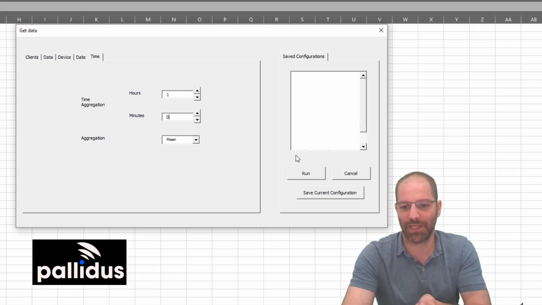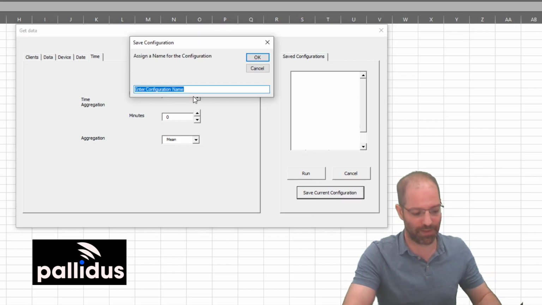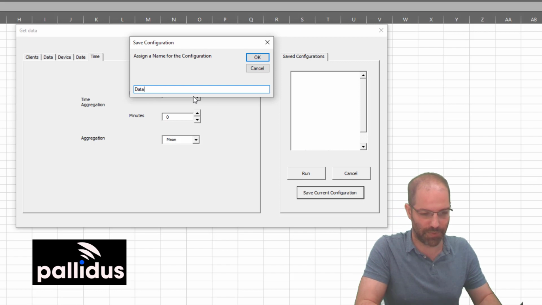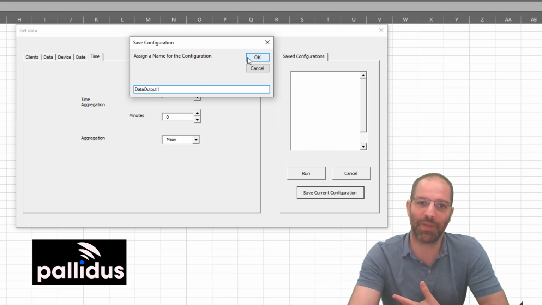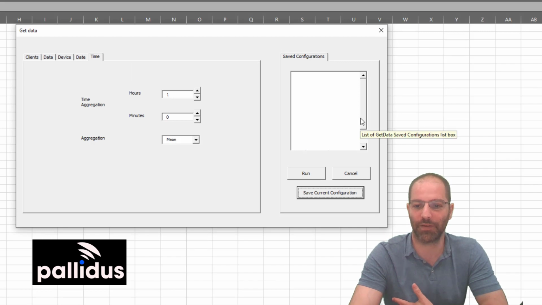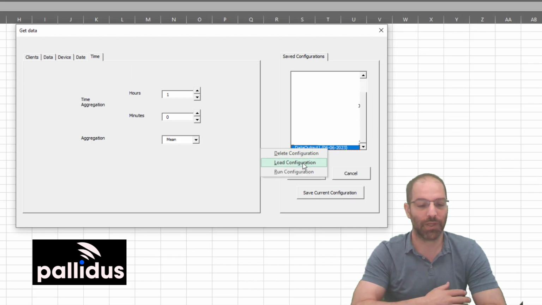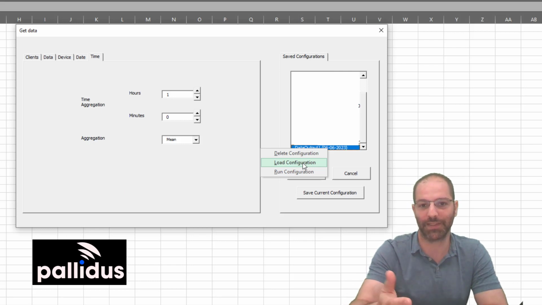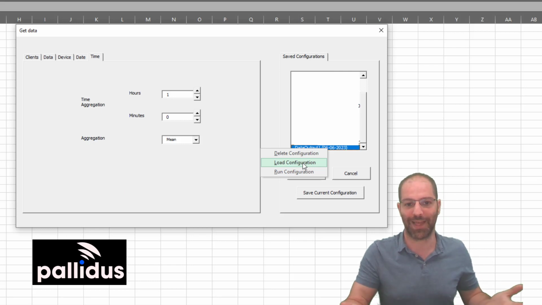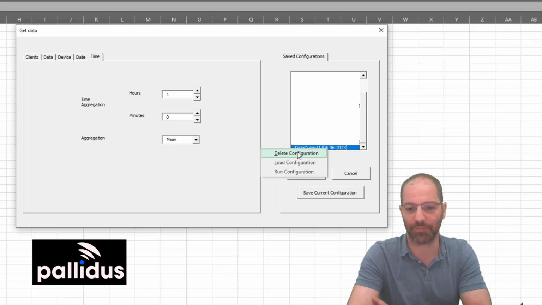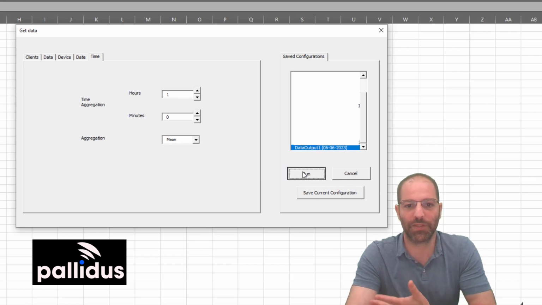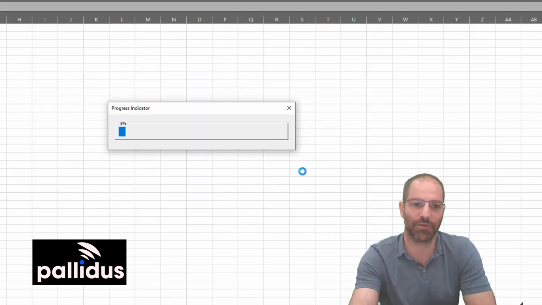The last point I want to bring up is this pane on the right, is that we can save this configuration. I can say, let's say, data output 1. You can give it a name, and that way you can come back to this configuration. There I have it here, data output 1, and I can reload it. So if we come back at a later date and you want to get exactly that query again, it can be saved here. So let's run it, and what this tool will do is connect to the Pallidus server